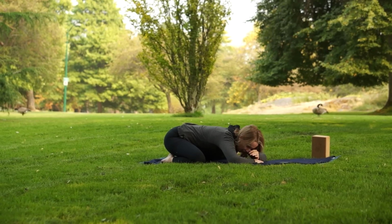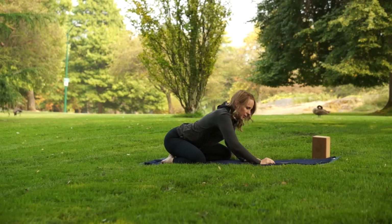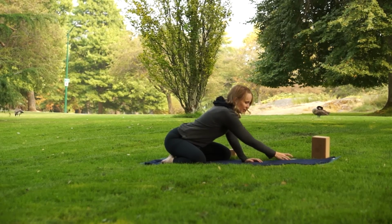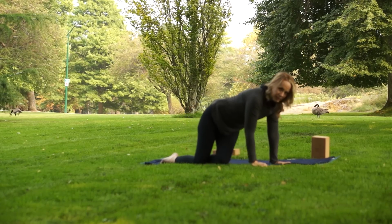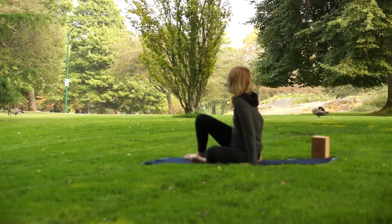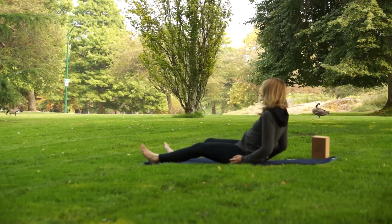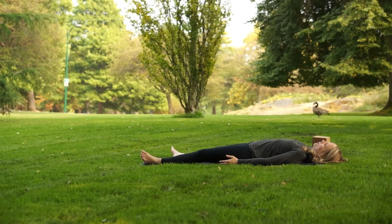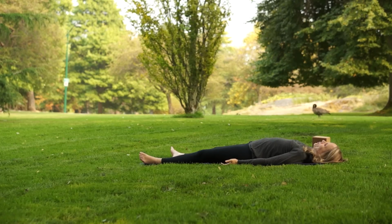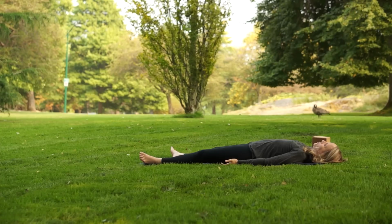Okay, so very slowly and carefully, you're going to make your way out of this vata balancing child's pose, very grounding and stabilizing for vata dosha. We're just going to lie down on our back so you can feel the flow of chi through your body. Also, this would be very stabilizing for vata dosha as well. Before we move on to our kapha pose,